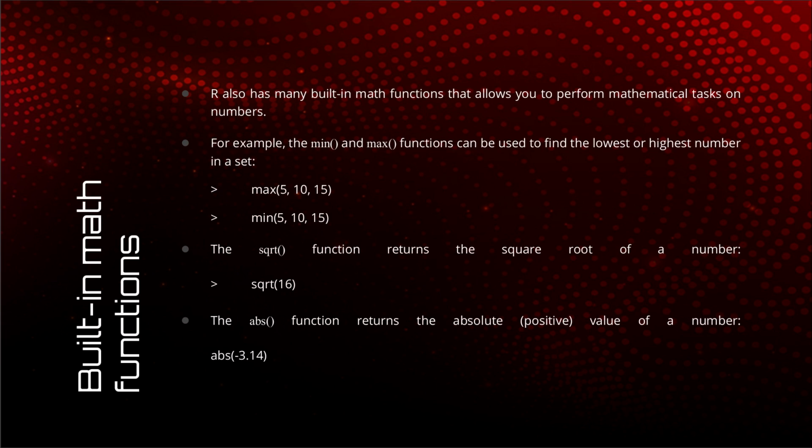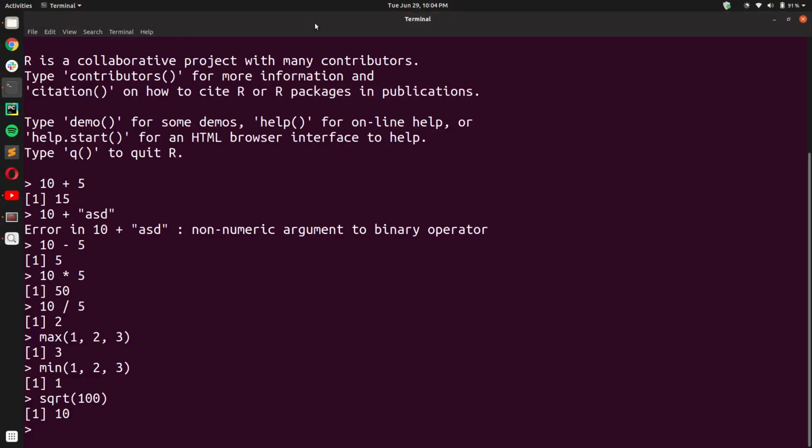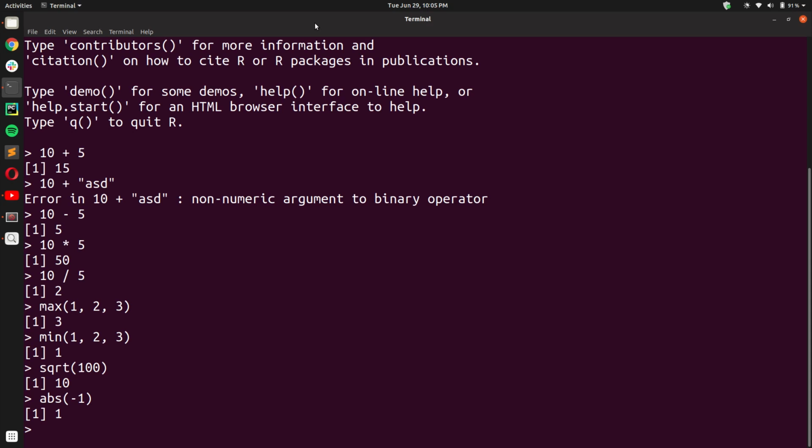And lastly, we have the inbuilt abs function, which gives you the absolute value of its argument. Let us say we have a value -1 and we want to find its absolute value. You can simply write abs, and within the parentheses, you can write -1. You'll see 1 as the output.